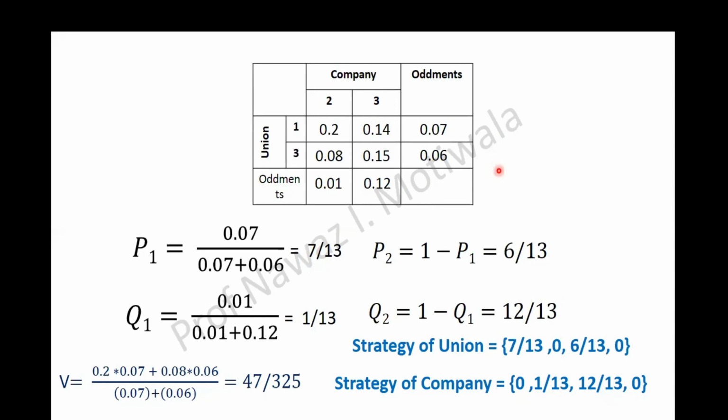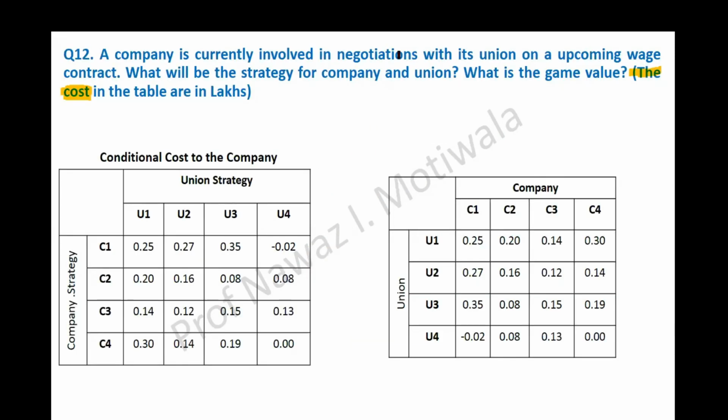This completes the solution. Okay, before ending this lecture, if anyone has a doubt, please ask, else I will summarize today's lecture because there were some important things we have learned today. In question 11, what we have learned is, if we do not find pure dominance in any of the rows or columns, then we can go for the average dominance property, which says to take the average of any two rows or any two columns and compare it with the remaining one. Compare it with the third one that is left, and if dominance exists, cancel the minimum value of the row or the maximum value of the column, which we already do. That was the first new thing we learned.